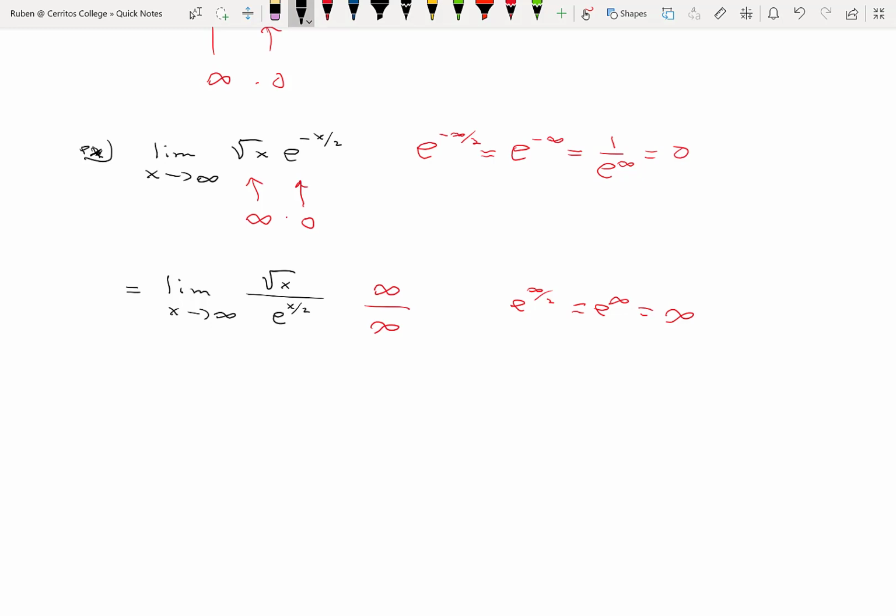Bottom line with these non-standard, non-0 over 0 or non-infinity over infinity indeterminate forms is you must manipulate your function into being one of the two standard forms, 0 over 0 or infinity over infinity. Then you're free to use L'Hopital's rule. So using L'Hopital's rule,